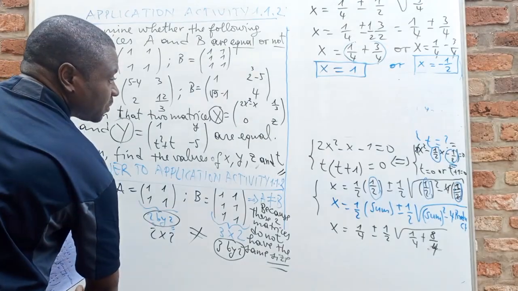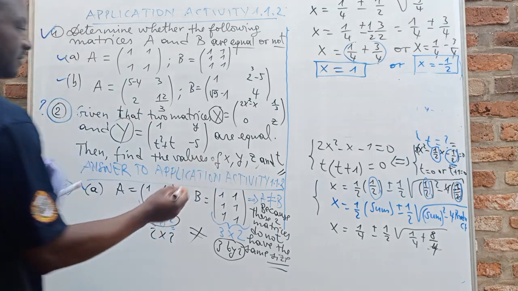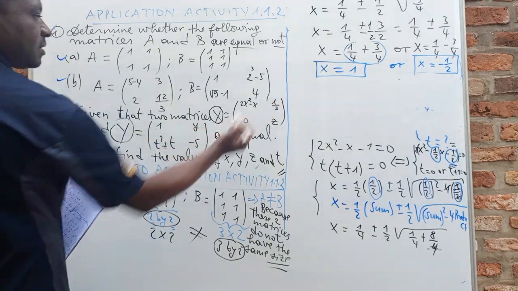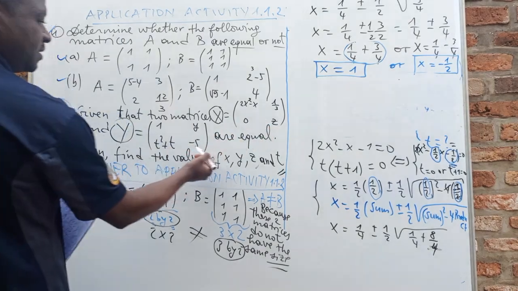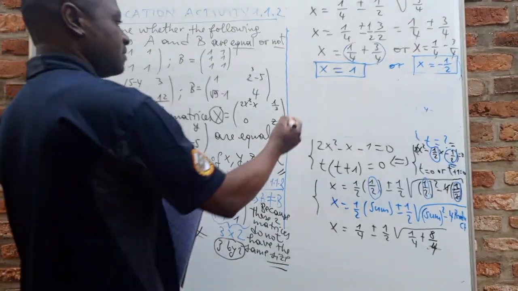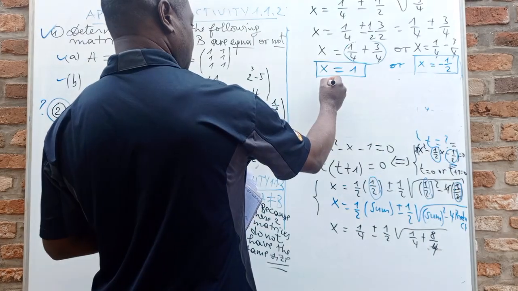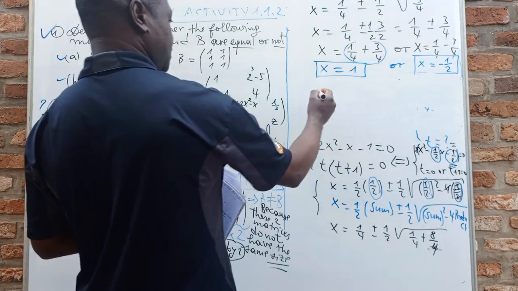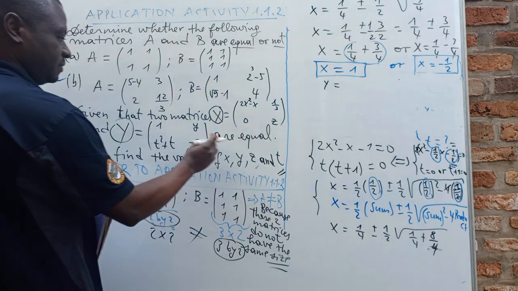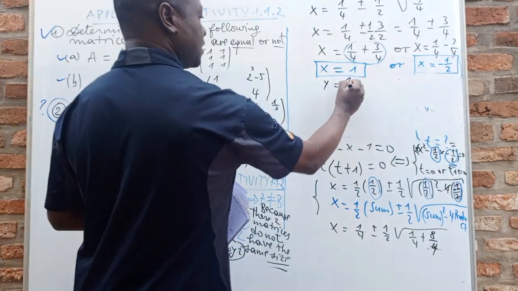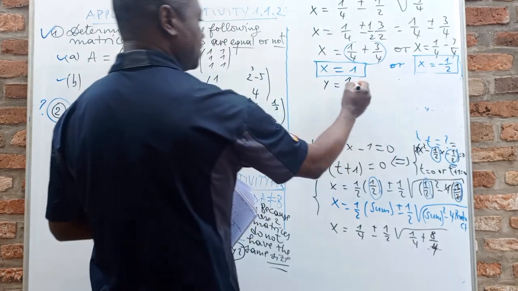So we remember that the value of y is 1/3 and the value of z is negative 5. Now the values of y is equal to, we remember, 1/3, and the values of